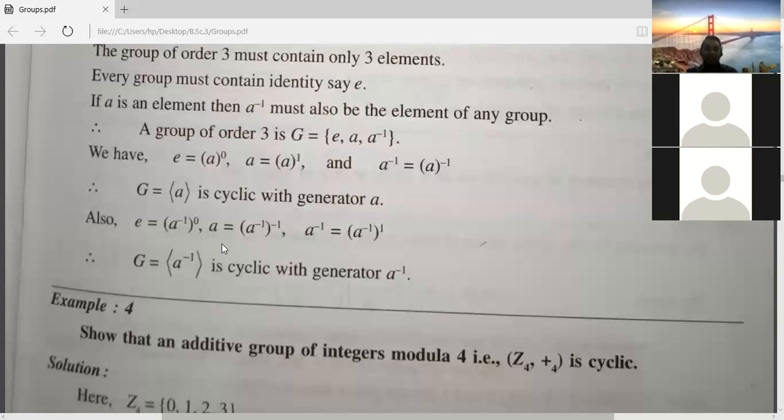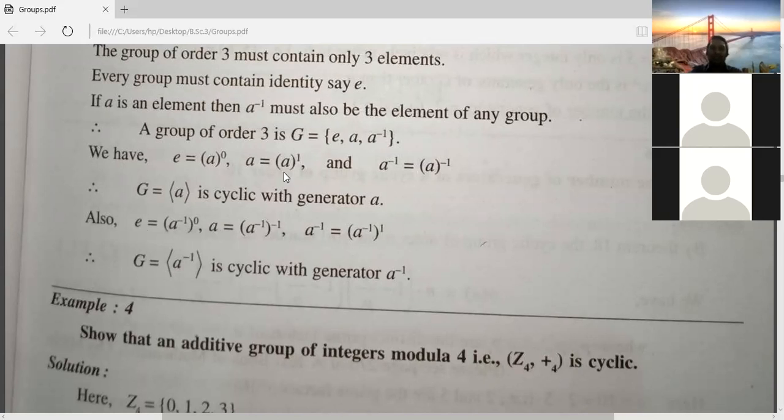Now, similarly, already you have taken the theorem: if A is a generator, then A inverse is also a generator. I have taken it already, you will see the property. Now, the same you are writing. E is equal to A inverse to the power 0, A is equal to A inverse to the power minus 1, A inverse equal to A inverse to the power 1. That means